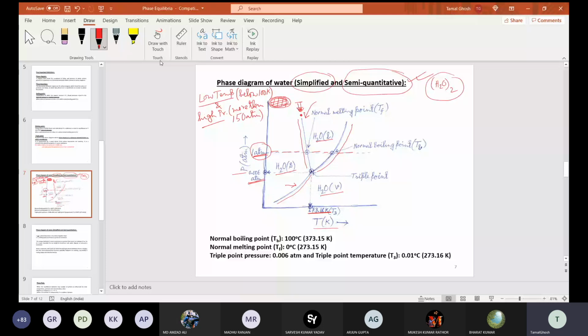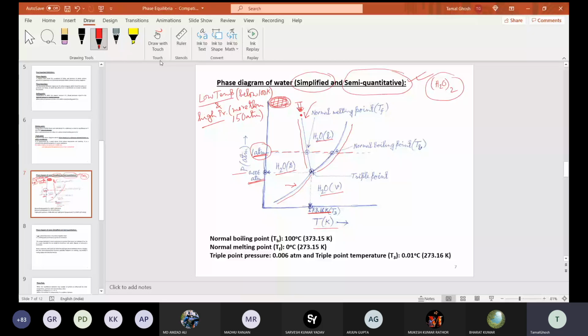Okay. Now, in case of sulfur, rhombic sulfur, monoclinic sulfur, these two phases are two different phases, and both of them are solid. Same way, if we consider tin is a metal. Tin is having gray tin and white tin. So two different phases of tin, both of them are solid, gray tin and white tin. So two phases of tin are existing in nature. So both of them are solid.